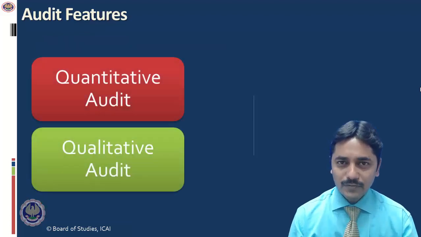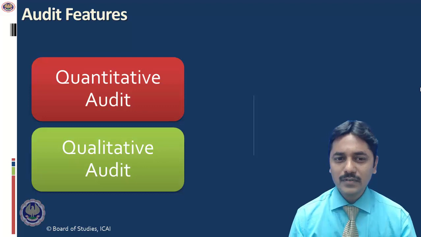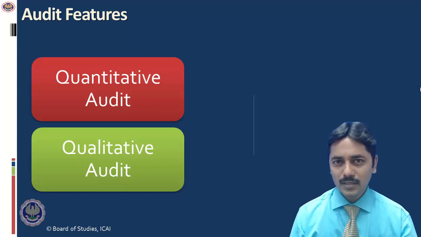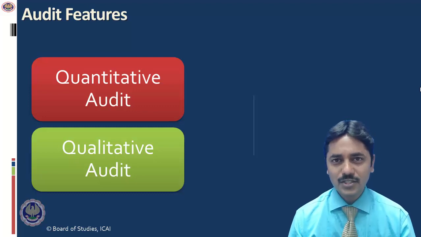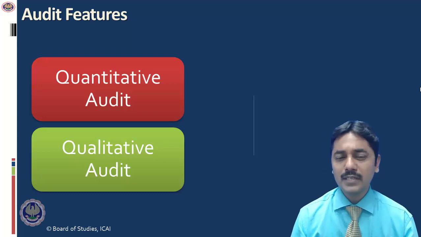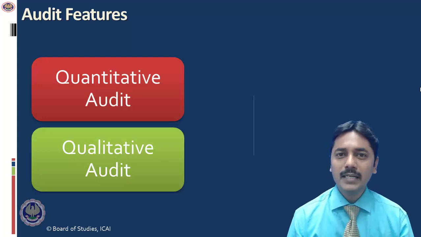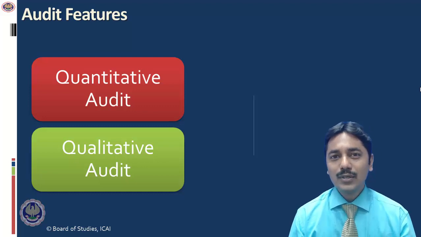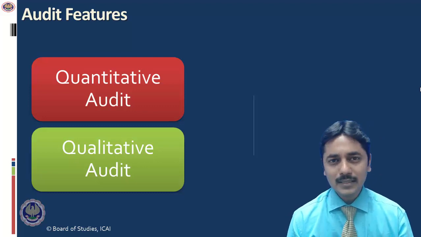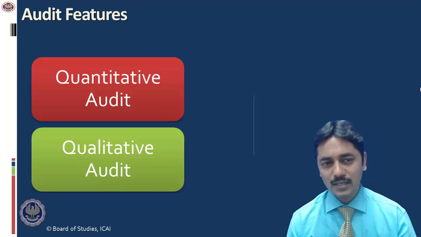In audit features, we discussed the basic audit feature, that is quantitative audit, where we were able to put a tick on the voucher, that is transaction rate data and master data. Secondly, we discussed the qualitative aspect of audit, that is the advanced audit feature made available by Tally, where we are able to do so many things. We are able to analyze data, we can put remarks, we can segregate the data, we can sample the data. So many options are available.